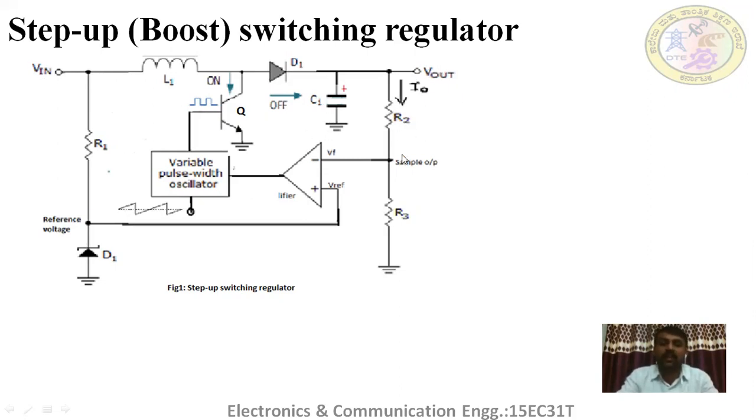Here also the feedback circuitry performs corrections if the output voltage tries to change, or if there is a chance of variations. If there is a chance of variation, that is recognized with the help of the error amplifier, and this error amplifier generates a control signal for the variable pulse width oscillator to adjust the duty cycle of the clock signal to control the switching duration, right?